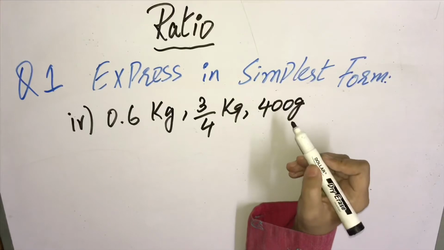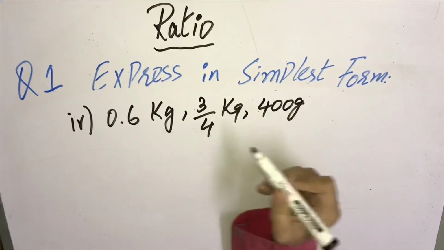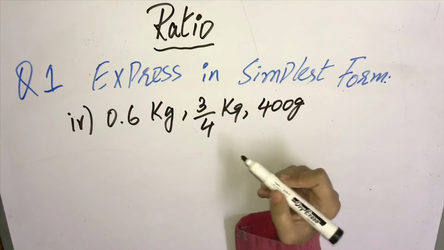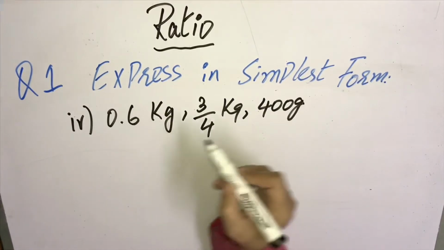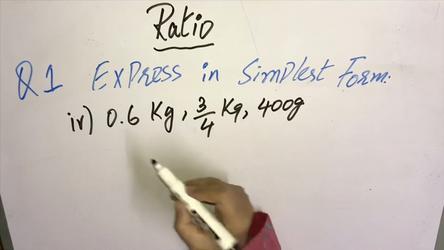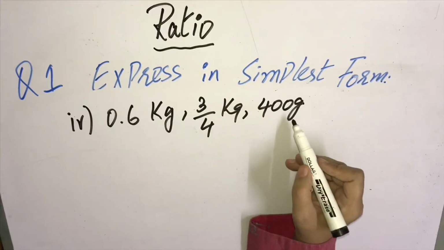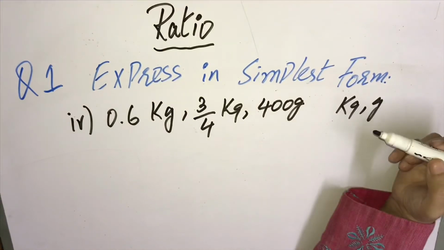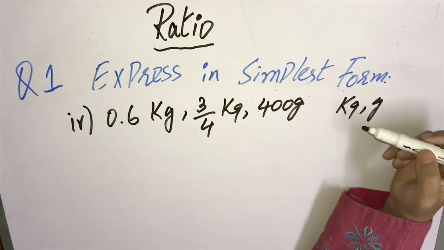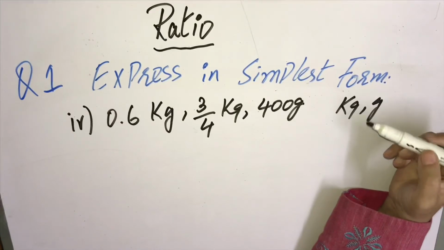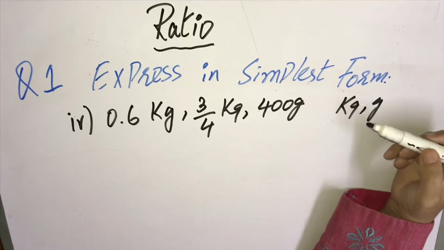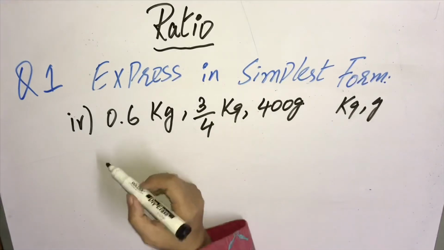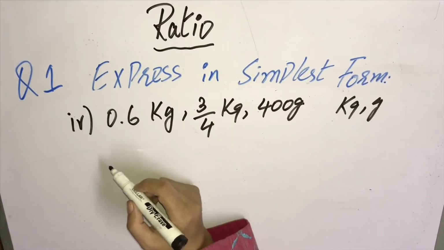I told you in the start that we shall take all fractions, all quantities in the same unit and we shall not disturb their arrangement. So we have to take all these in the same unit. We can take all these three in kgs or in grams. I will recommend you to always convert them into the smaller unit, because when we convert them into the smaller unit, we don't have decimals, and it's difficult to handle decimals and easy to handle whole numbers and fractions.